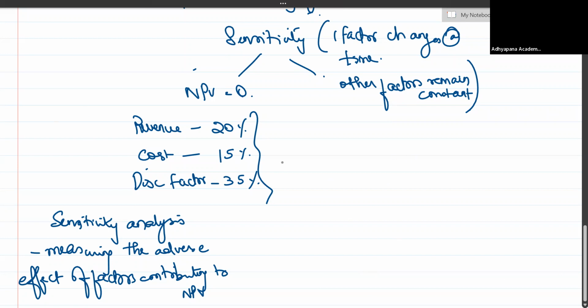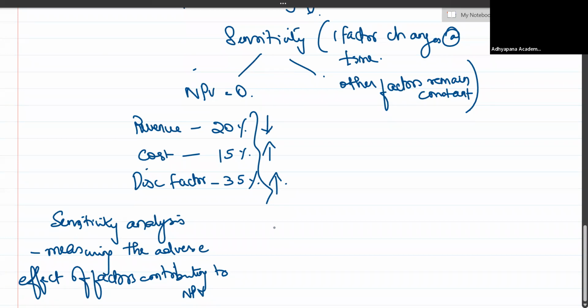So I am going to measure the sensitivity of factors in terms of adverse effect, correct? So what is the adverse effect in terms of revenue? The revenue has to fall, the cost has to increase. The discounting factor, which is the cost of capital or the expectation of investors, also has to increase. It will not be everything to fall. It will be the revenue which is going to fall and the cost which is going to increase. Now, for NPV to be 0, revenue has to fall by 20%. For NPV to be 0, cost has to increase by 15%. For NPV to be 0, the discount factor has to increase by 35%, which means